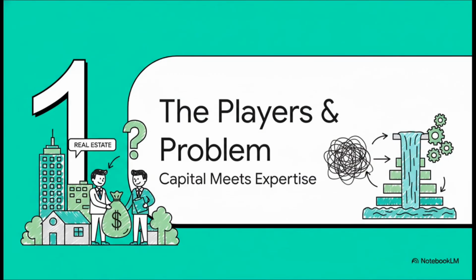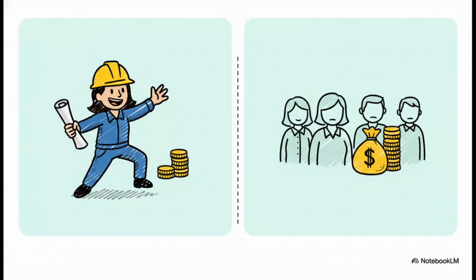So, before we get to the solution, let's get really clear on who the two key players are in this game and the fundamental challenge they're facing. In these kinds of deals, you've basically got two sides. First, you have the general partner, or the GP. Think of them as the operator, the expert on the ground who makes it all happen. They usually put in a smaller slice of the cash, maybe 5 to 10%. And on the other side, you have the limited partners, or LPs. These are the investors. They provide the lion's share of the money. We're talking 90 to 95%. But they're passive. They're not managing the property day to day.